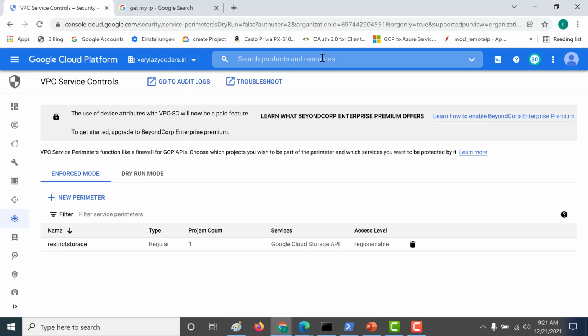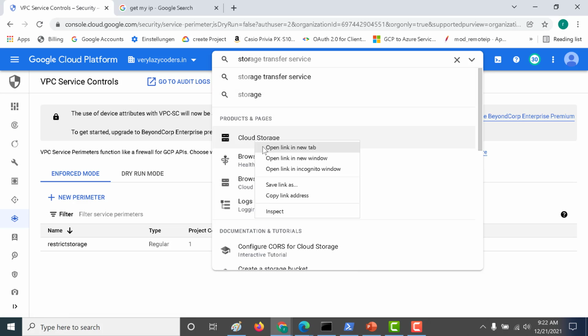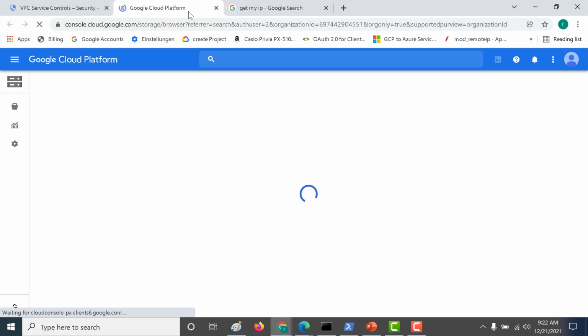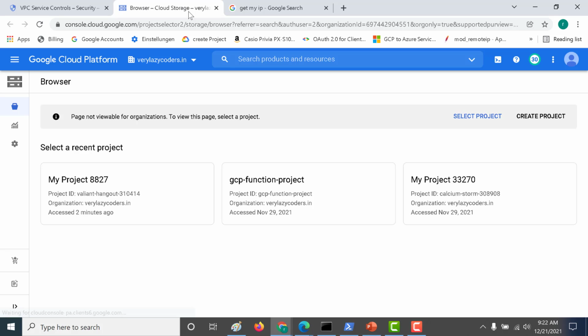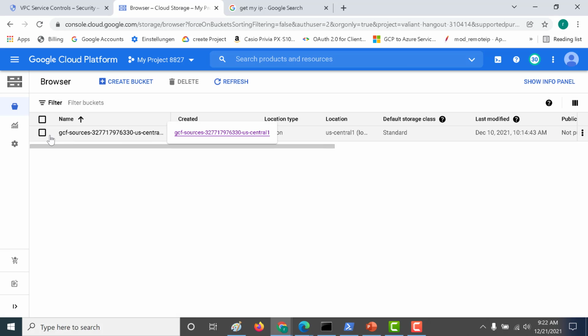And again, let's go back to our storage. I'll open this in a new window. So this is our particular project, and you can see that this bucket is still available.